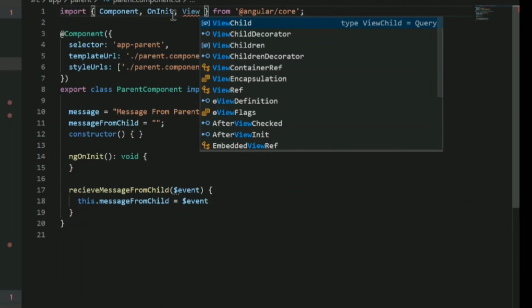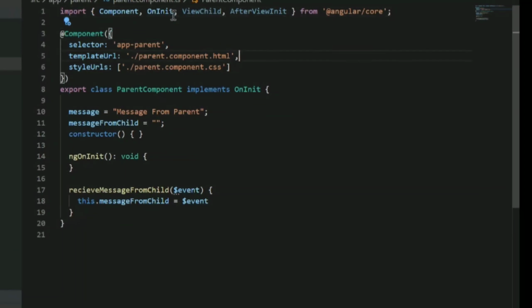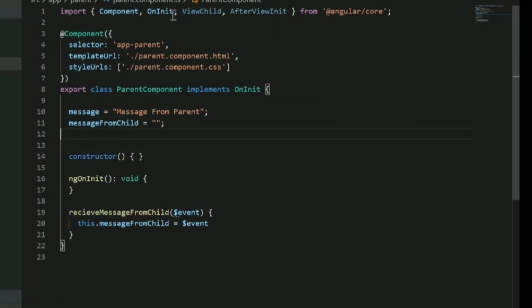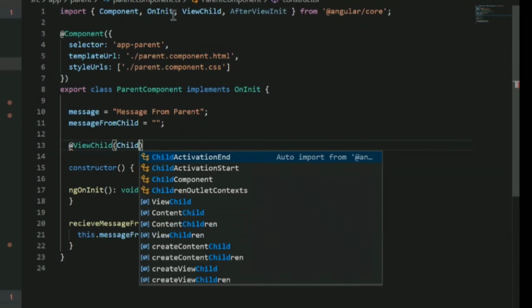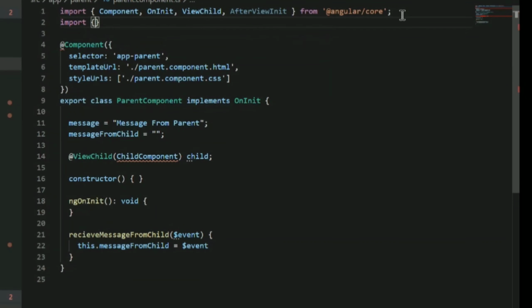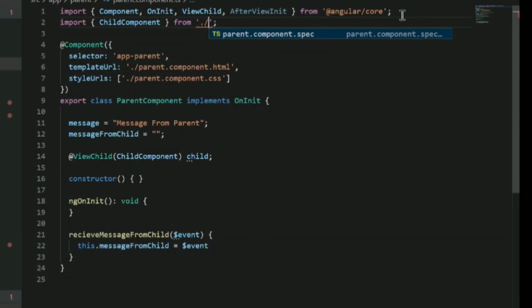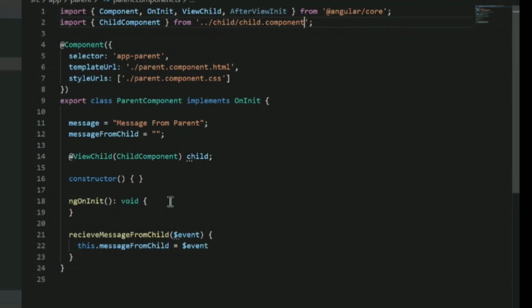Let's see in code. We will go to the parent component and import ViewChild and AfterViewInit from Angular core. Then we will declare a ViewChild variable for the child component in the parent component class. Also import the child component into the parent component class.